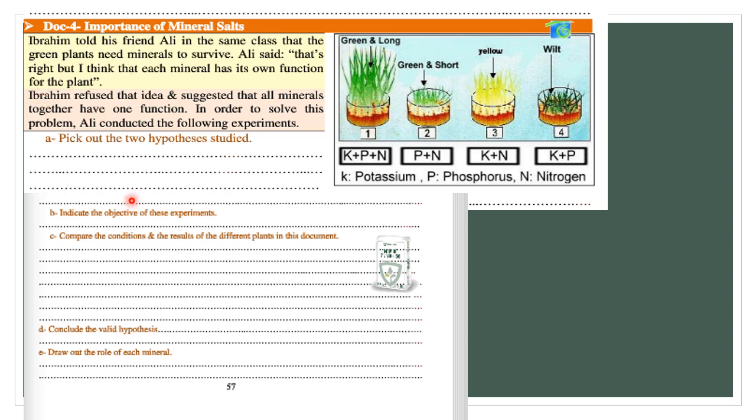Draw out the role of each mineral. What's the role of potassium? Potassium is for the long growth. What about P or phosphorus? Supplying the plant with green color. And N is for the survival of a plant. Please, I want you to solve this